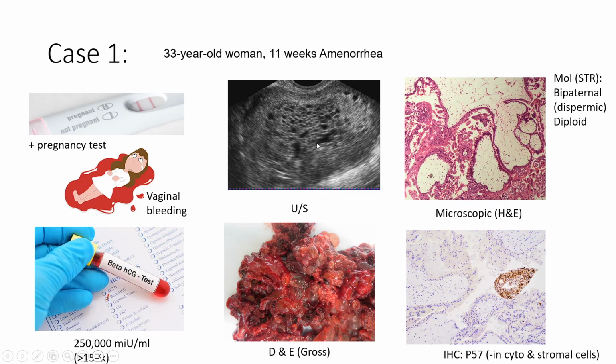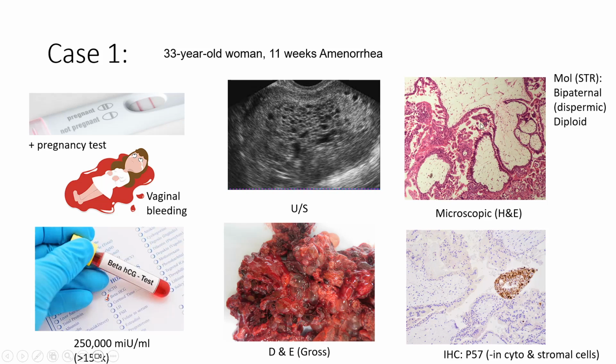Beta HCG was actually elevated, very highly elevated. This is 250 kMIU per milli. Then she had her ultrasound, and look what we have seen. She has this thing. What's this? They call it in ultrasound the snowstorm appearance, those multiple cysts. Furthermore, she didn't have any fetal parts, no fetal heartbeats, no fetal pole, nothing. So they had to take a decision for the dilatation and evacuation, and we had this product.